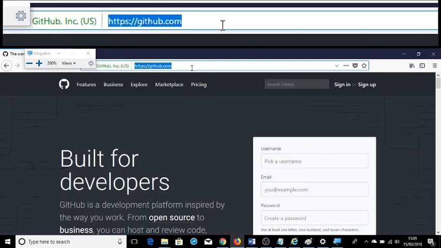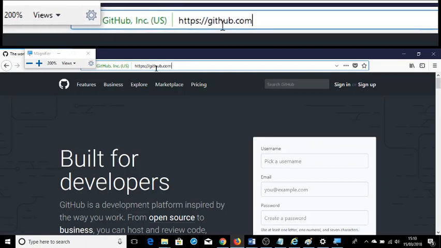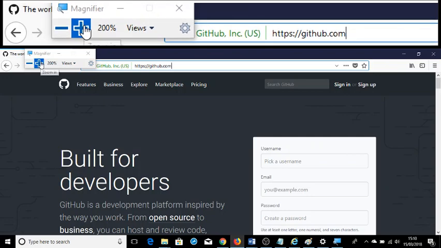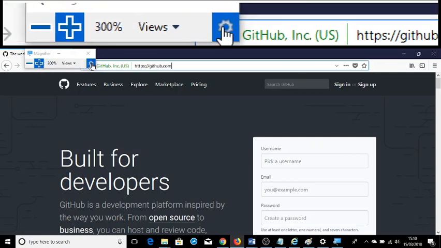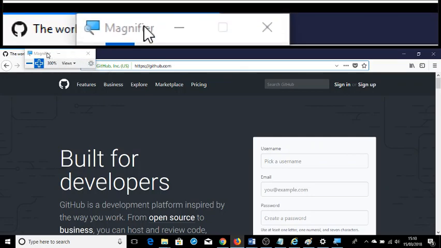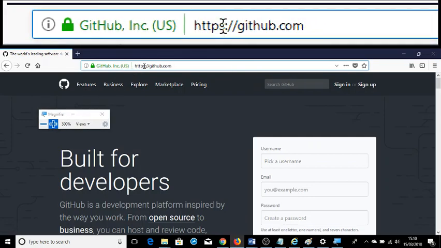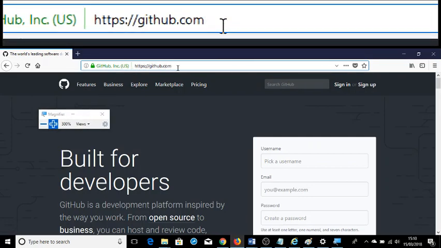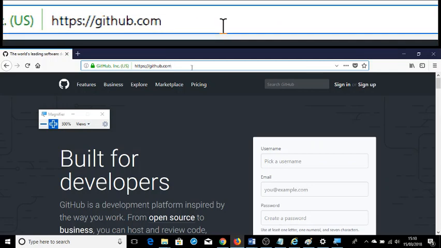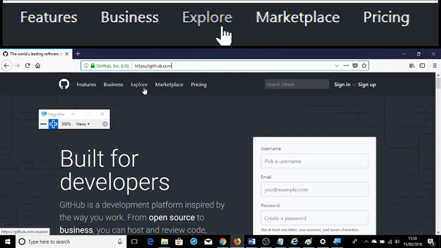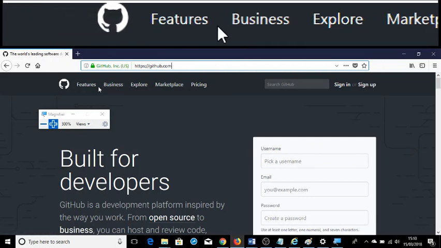Now they will be in a position to actually see what the URL is, since it will be visible when it is 200% or above 200. For example, if it is 300. So I move this magnifier a bit downside and then go to the URL. So now a partially eyesight user will be in a position to read this, then move down. He or she will be in a position to see the sections of the web page,